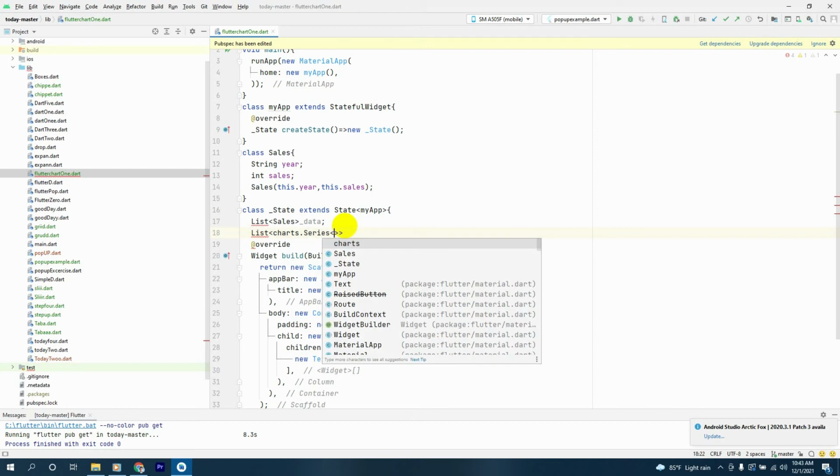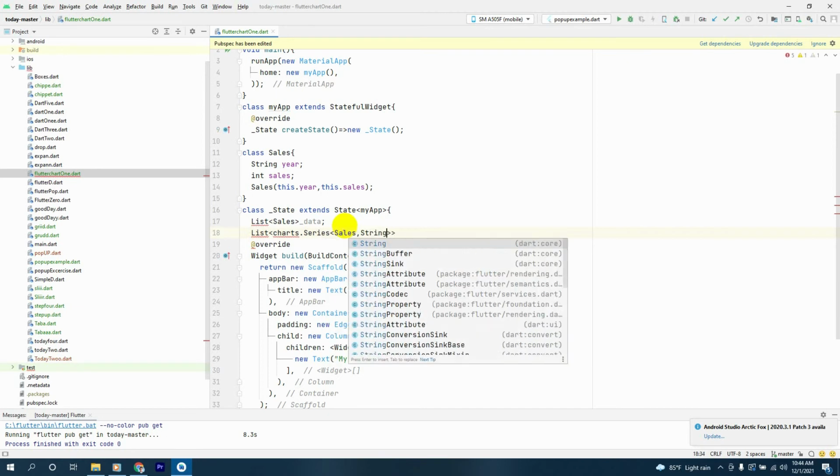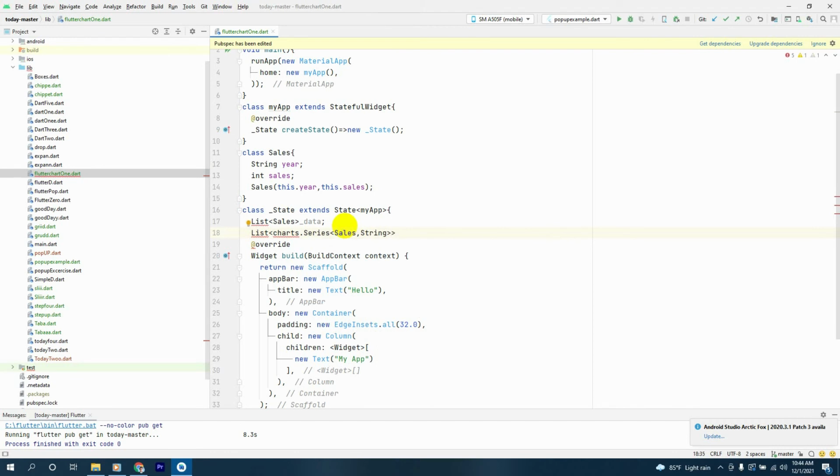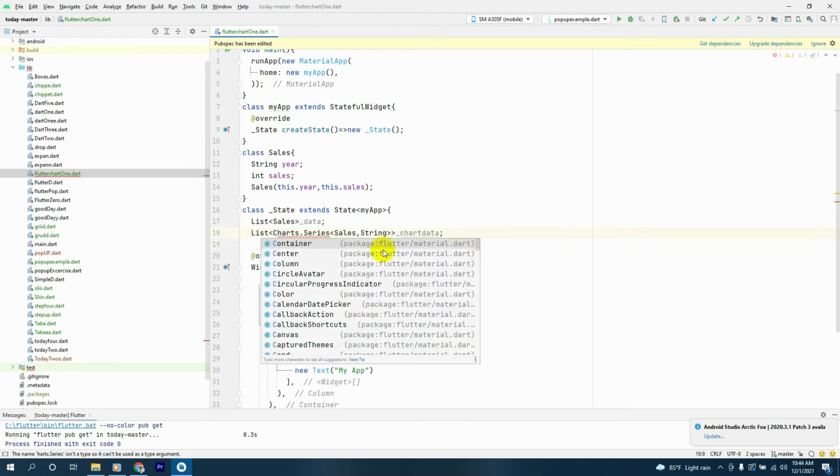We'll call this Sales, and we'll have String as well, and we'll call this chartData, just like that. So here we need to provide charts,